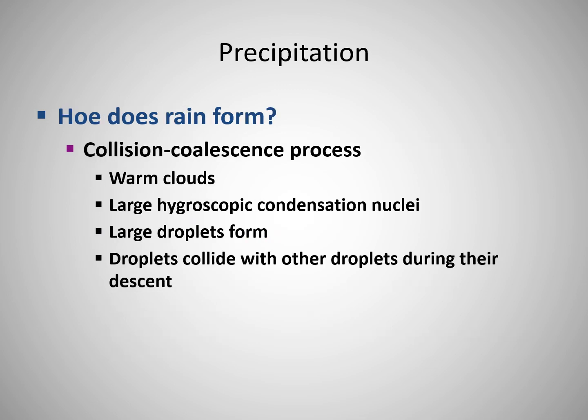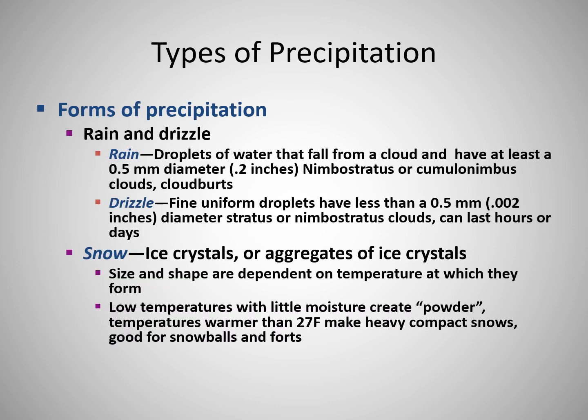So we will not take time to discuss collision coalescence versus the Bergeron process. Not on your exam, but just know that collision coalescence is something that happens in the warmer latitudes, like within the tropics, or might happen after your ice crystals have fallen from the cloud and melted on the way down, and the droplets can grow larger as they collide with others and get bigger. Okay, so